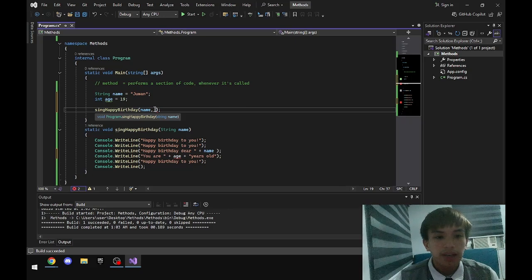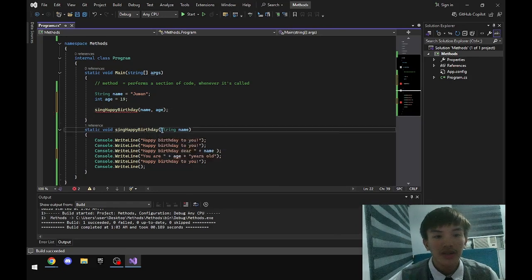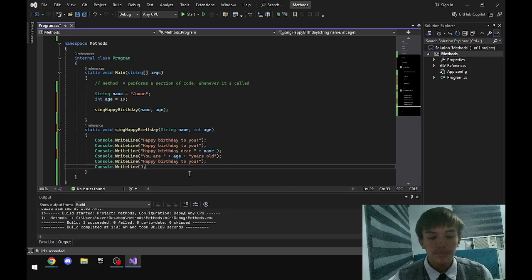We separate it by a comma and then the name of our variable. Since we declared another variable, we need to declare it in our parameter. And the way to do that would be int and the name we would choose.